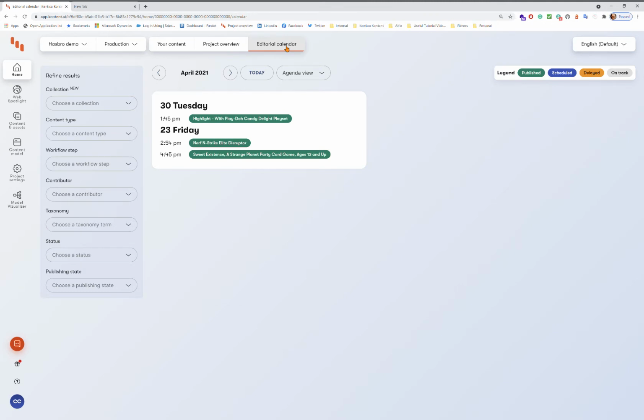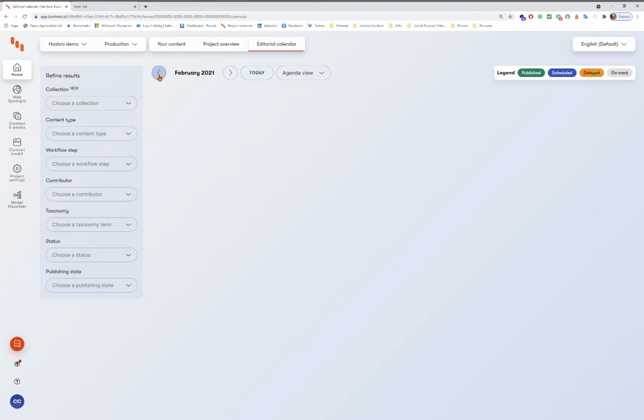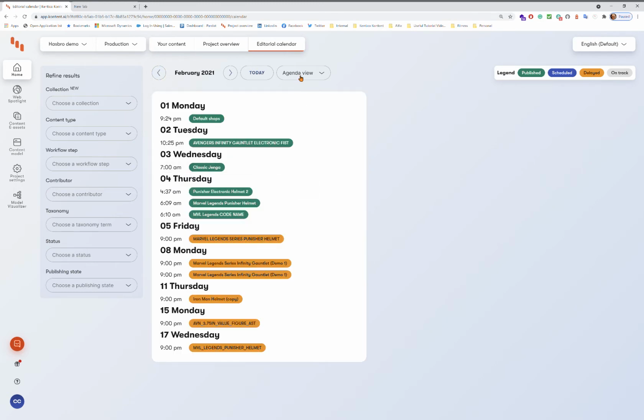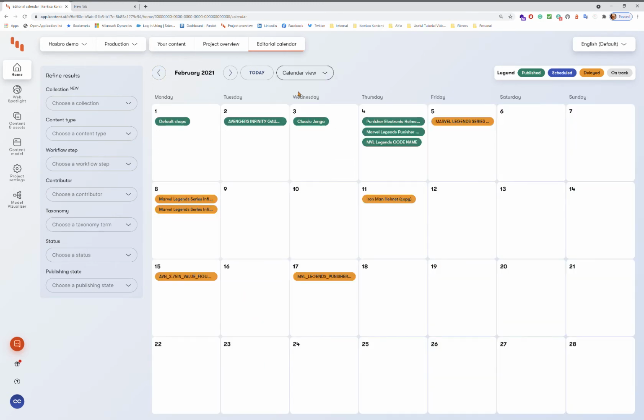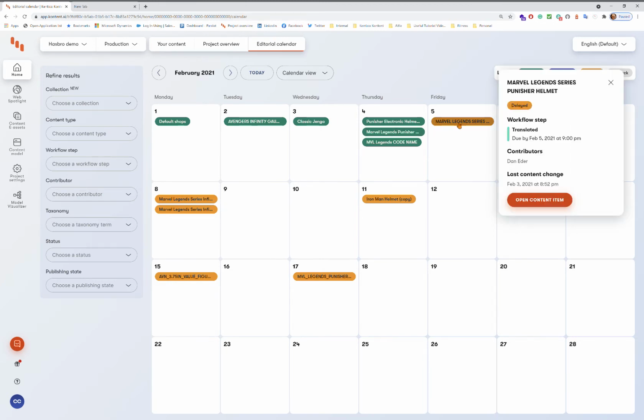Likewise, I might want to have a look at my content in the context of an editorial calendar. So I can see from the legend stuff which has been published, scheduled and delayed. We can navigate through the different months. We can look at it in an agenda view, or in a calendar view. In any of these views, I can just hover over the element and start to see who's been contributing, what workflow step it was in, when it was last updated,